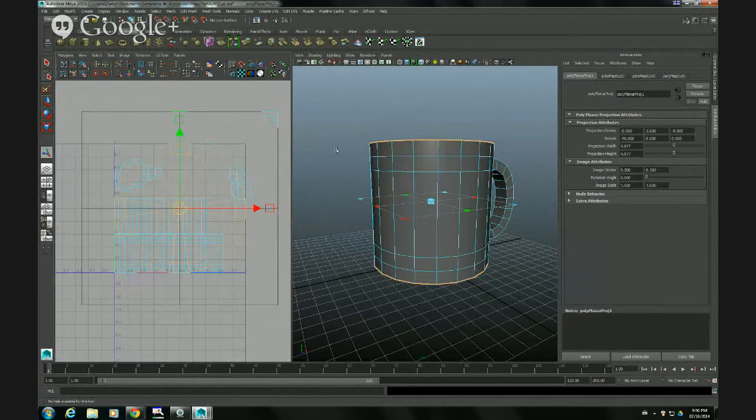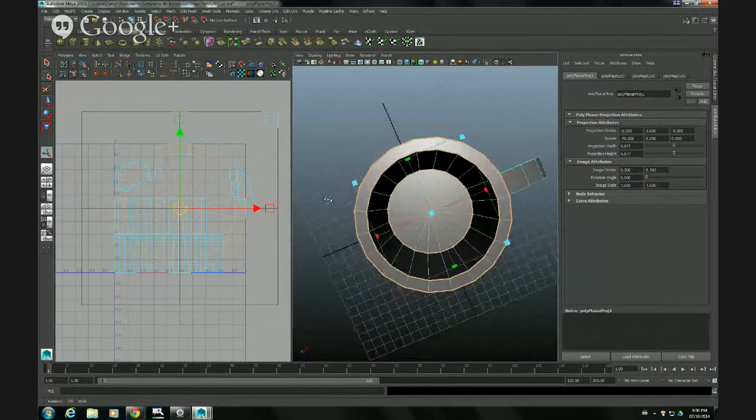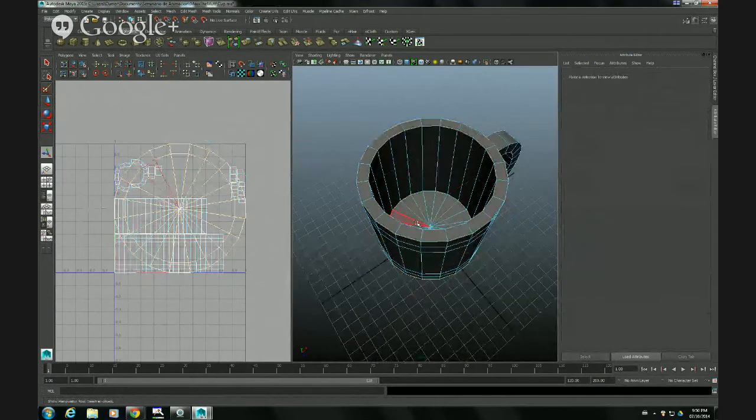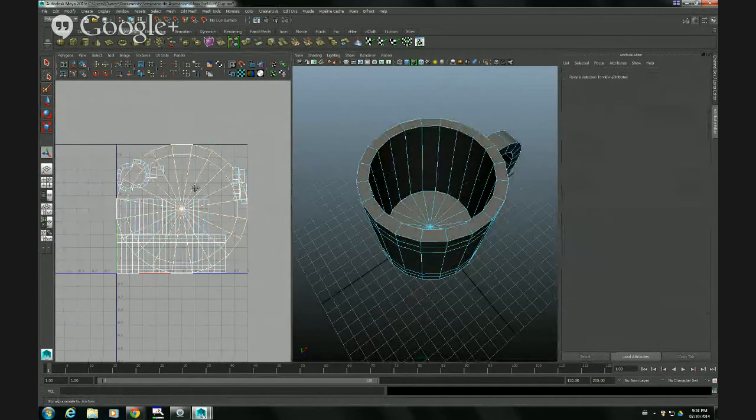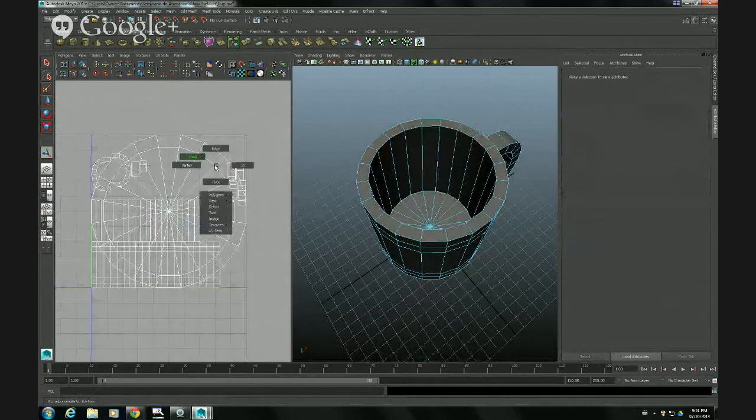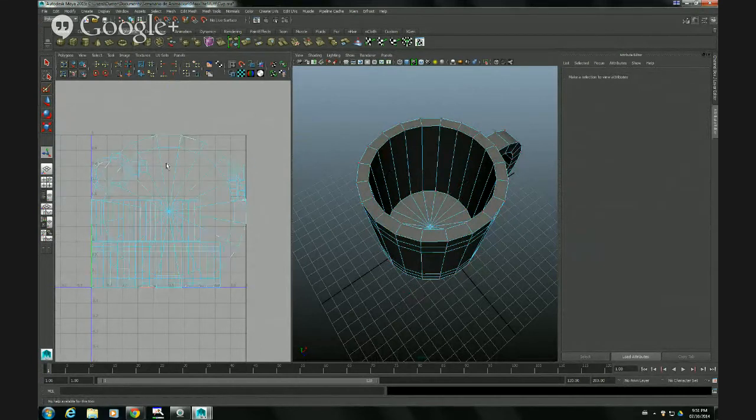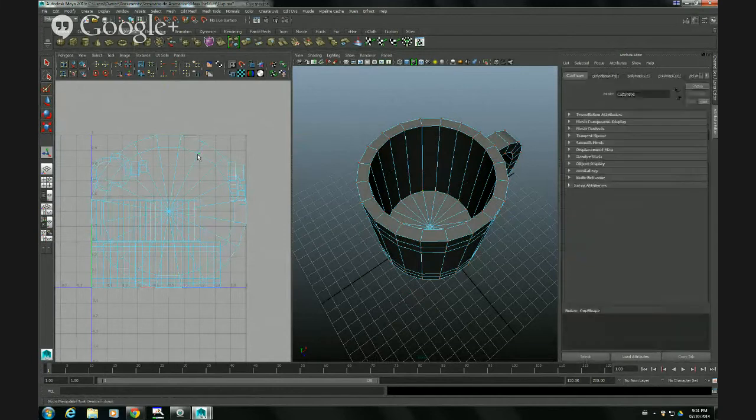The only problem I still have right now is that since I took a picture from the top, the three are one on top of each other. So I see the three of them superposed. So what I'm going to do is separate them. In order to do that, I can go on this side of the UV editor, right click and select UVs. And that shows me the UVs of the object. I'm going to select just one. I'm not sure which of the circles I'm selecting here, but it doesn't matter. I select that one. I do right click, select